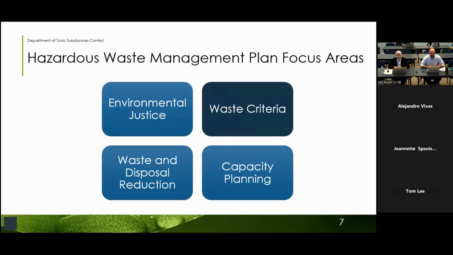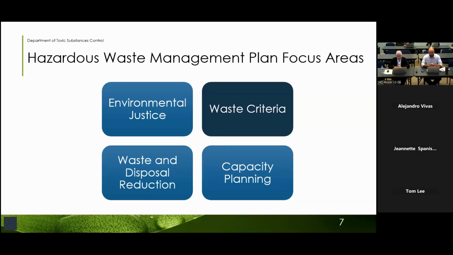During reporting, we identified 4 focus areas for planning. Today's presentation sits in the waste criteria focus area. As discussed in workshop number 6, which was about waste criteria, we talked about how DTSC is required to complete 3 different kinds of analyses for the hazardous waste management reports. And these 3 types of analyses inform 3 different kinds of recommendations in the hazardous waste management plans. This is related to the waste criteria requirements.